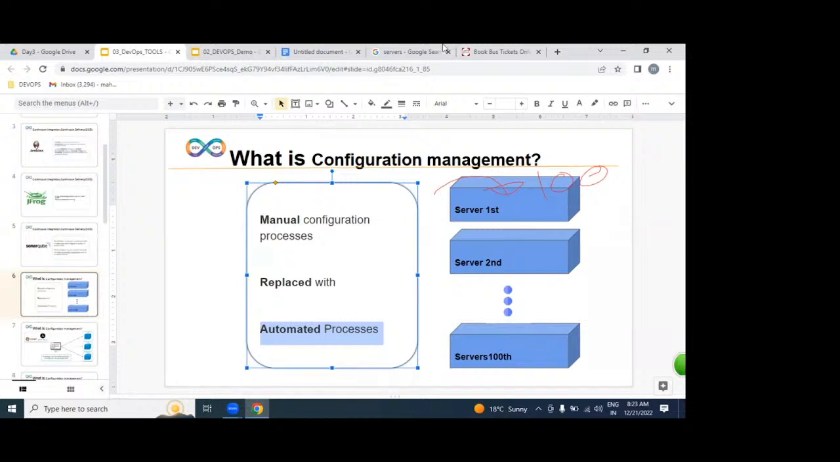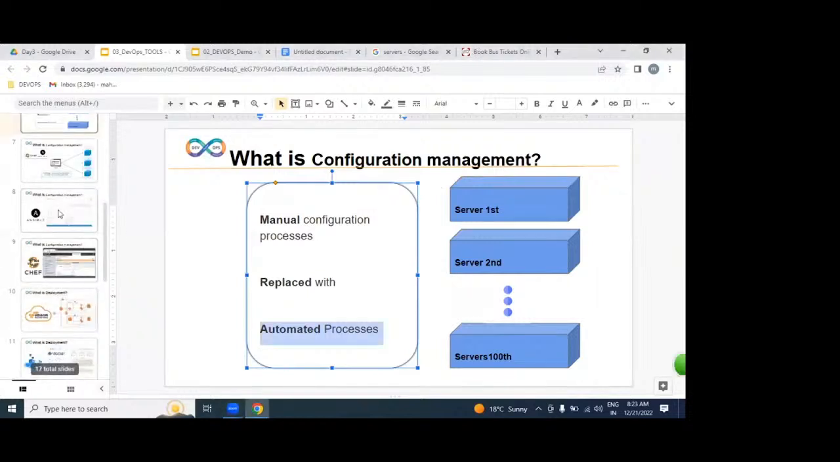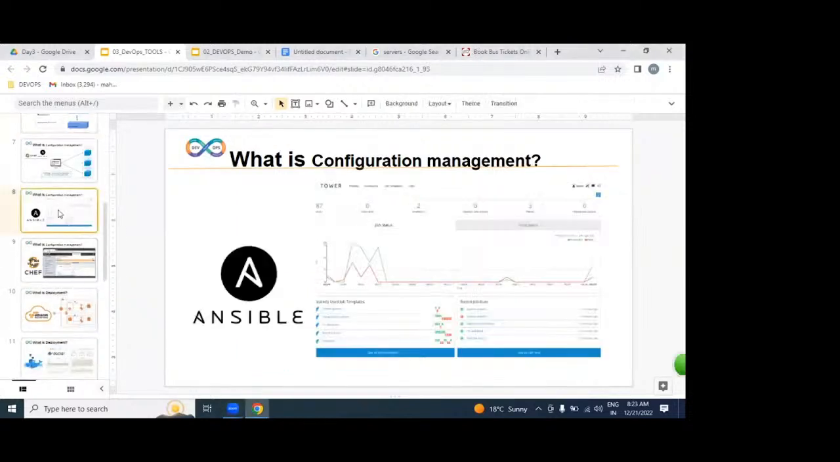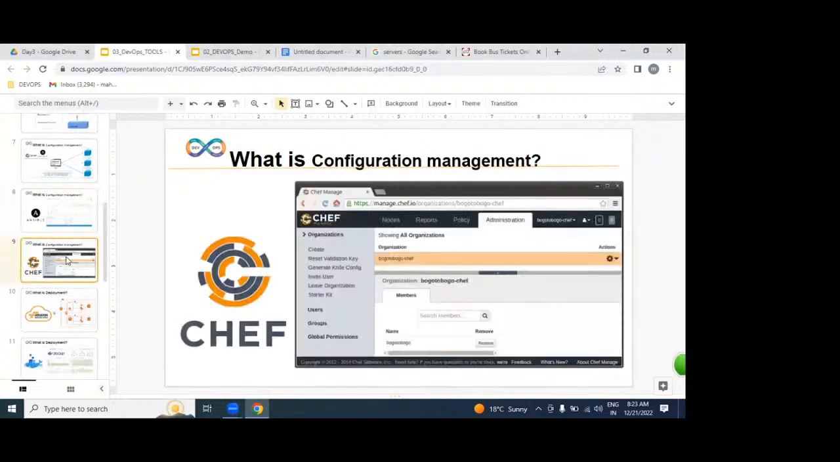For this, which tools are we going to be learning? We are going to be learning Ansible and Chef. Ansible is a push model, Chef is a pull model. If you want to automate these hundreds of servers, we can do it using Ansible and Chef. We agreed on that. But those hundreds of servers, from where